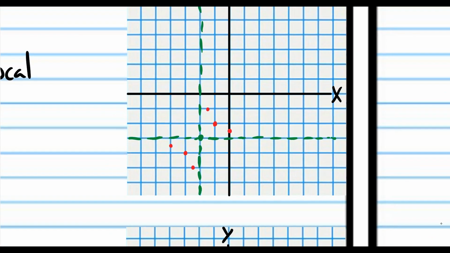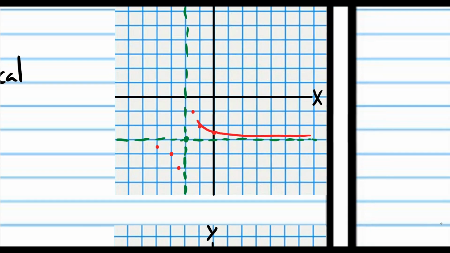We have 1, 1, so that means go out 1 and up 1. 2, 1/2, go out 2 and up 1/2. These are all points in your table. And again, we're assuming that this is the origin. It's not the origin, but we're assuming that it is. And we just draw those 6 points, and you get the idea by now. We're then going to connect the dots,